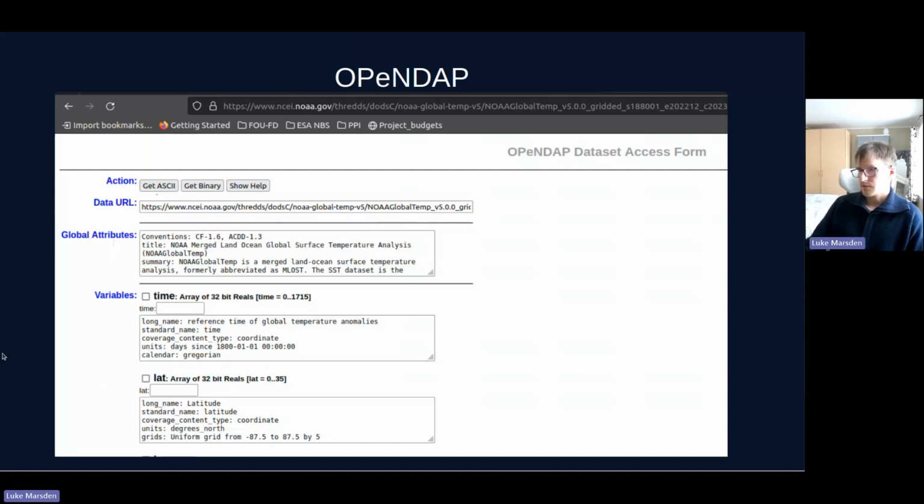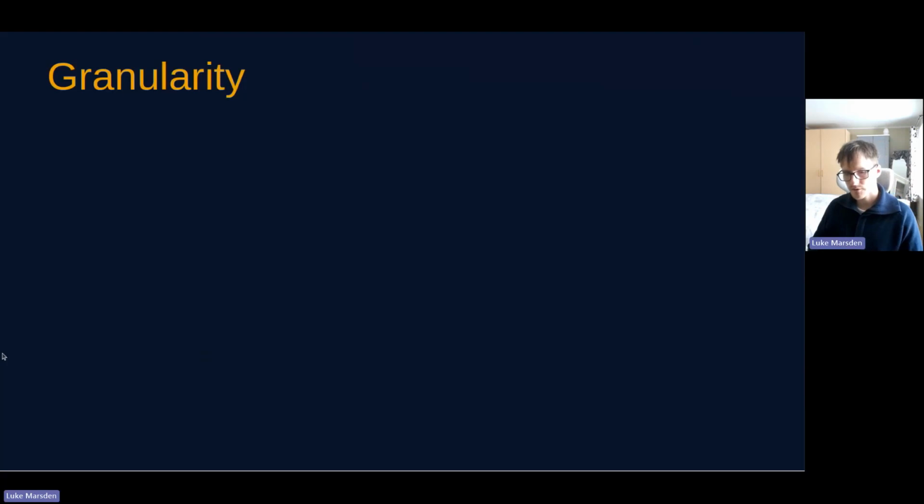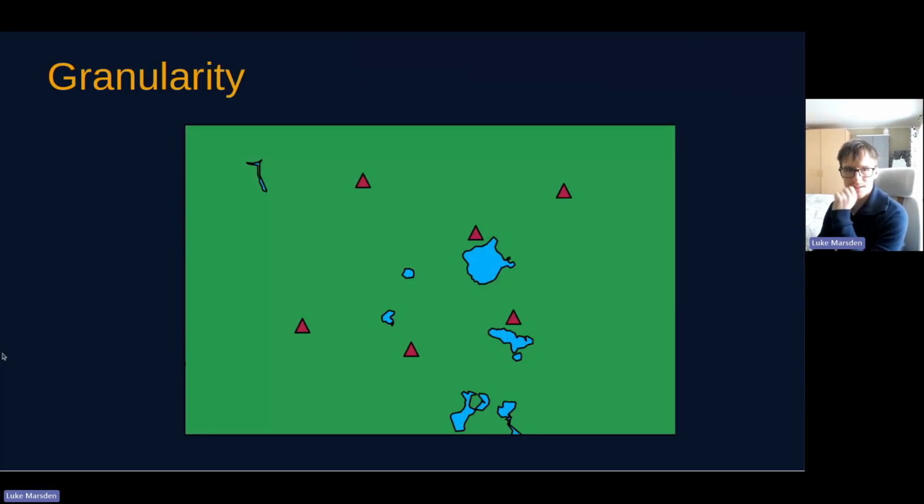So, very useful. If I do have some time, I'd like to talk a little bit about granularity. So, granularity: how should you organize your data? How many files should you create? How fine-grained should your data collection be? So imagine you're part of a project that's deploying some instruments, maybe some weather stations or something like this. A lot of people are inclined to publish the data from all these instruments together, maybe even in one file.